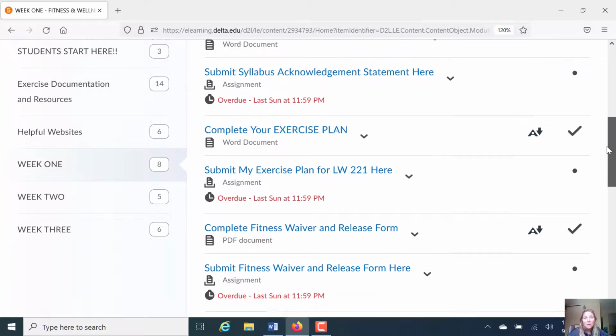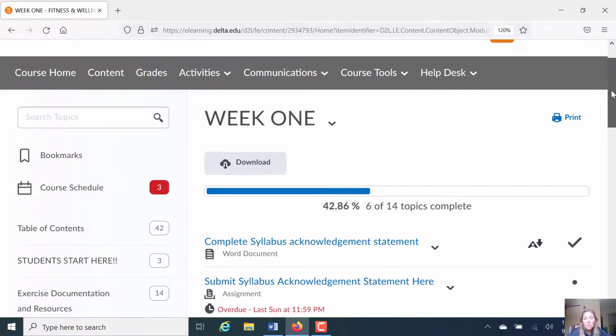So remember, if you're not certain that you are documenting your workouts properly, you can always email them to me within these first couple weeks just to get my feedback, and then I can take a look at them and let you know, hey, yep, you're missing this, I would add this to it, or hey, no, it looks perfect, keep doing what you're doing. Okay, so if you want to do that, feel free to email me those just to check in.